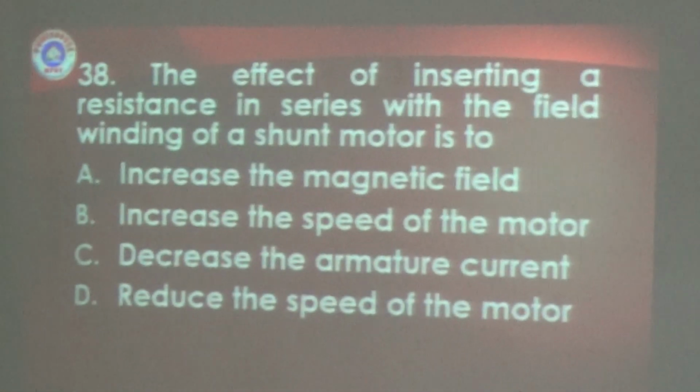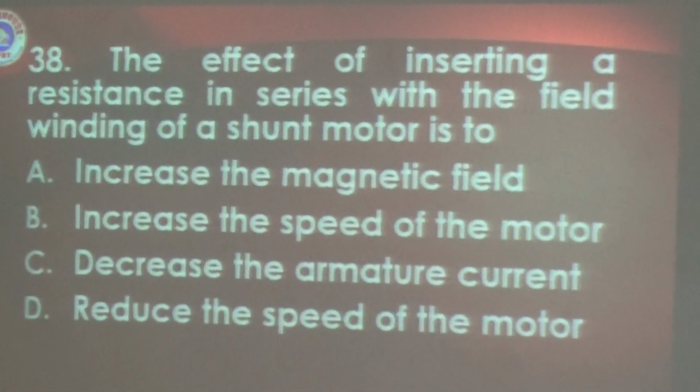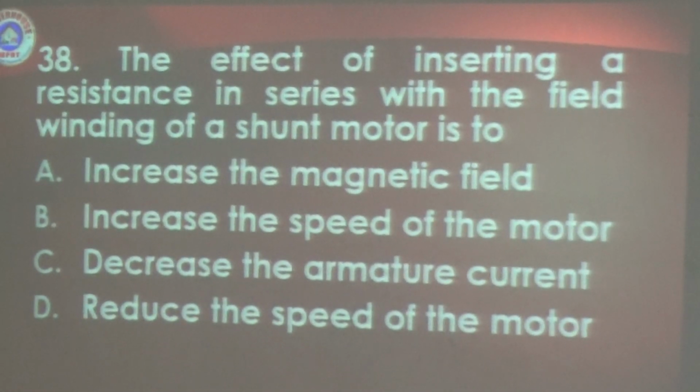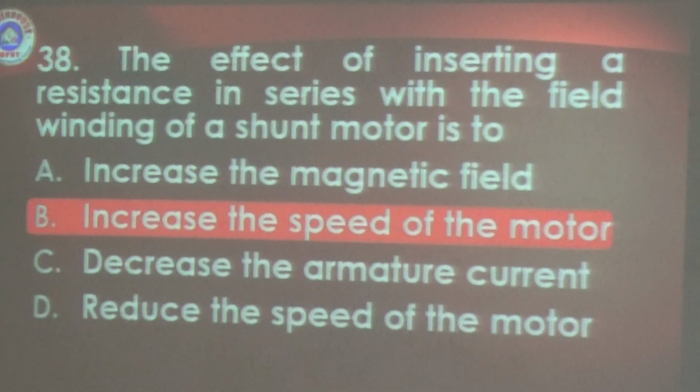38. The effect of inserting a resistance in series with the field winding of a shunt motor is to increase the magnetic field, increase the speed of the motor, decrease the armature current, or D, reduce the speed of the motor. So the answer is increase the speed of the motor. Akala ko reduce. Yung tanong kasi, parang